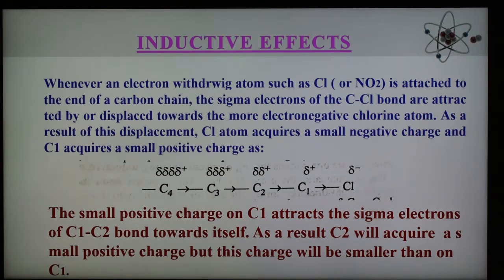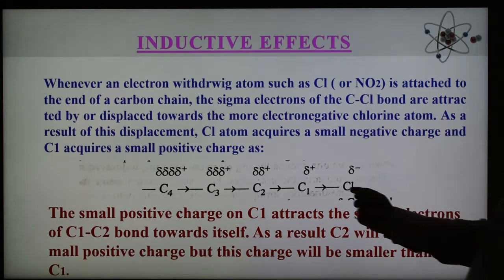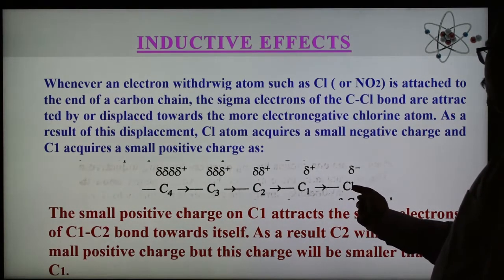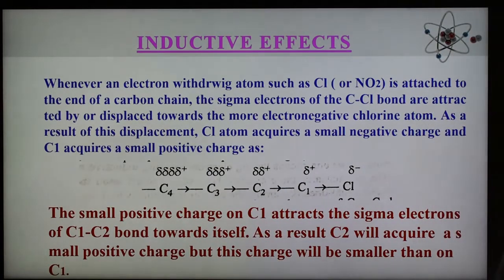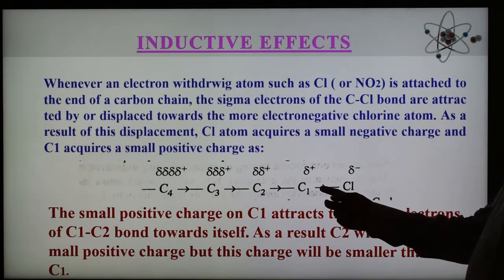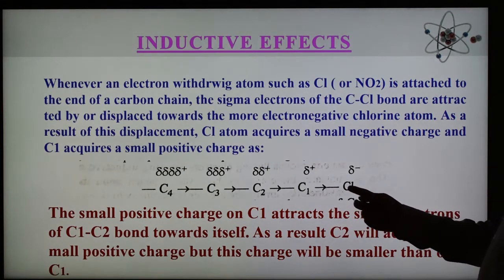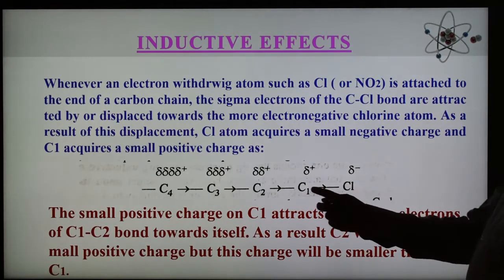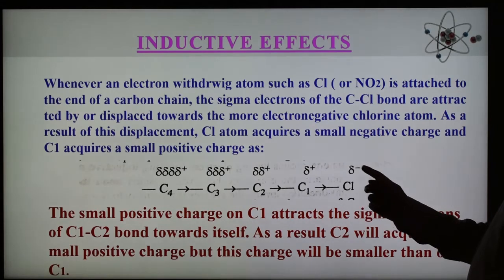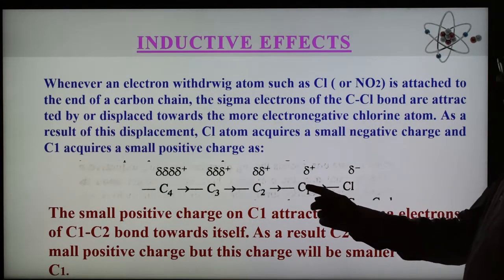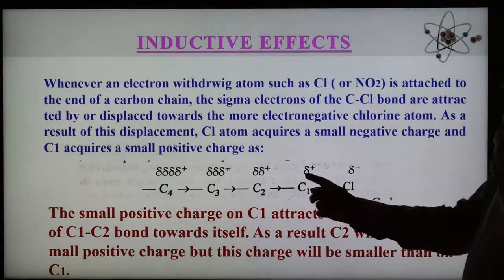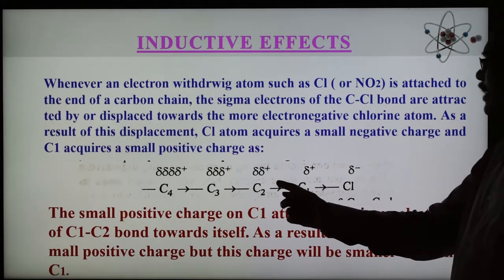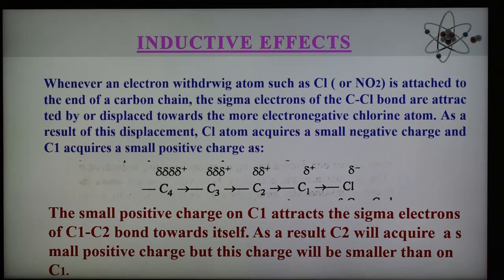So because of this electronegative element, as shown here in the slide, here is the Cl, the electronegative chlorine atom, and this is carbon 1, this is carbon 2, carbon 3, carbon 4. As we know, because of this the electron pair is attracted toward the chlorine atom, and therefore this Cl is slightly negatively charged and C1 is positively charged, and this effect passes from one carbon to the second, third and fourth. So C1 has a slightly greater charge, and carbon 2 is less electropositive as compared to C1.